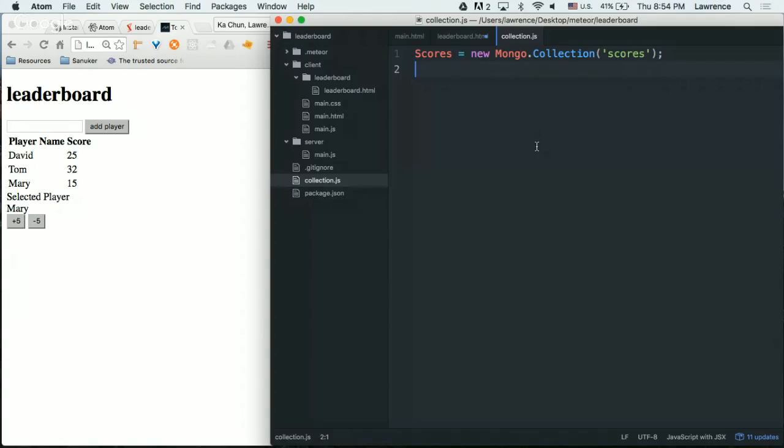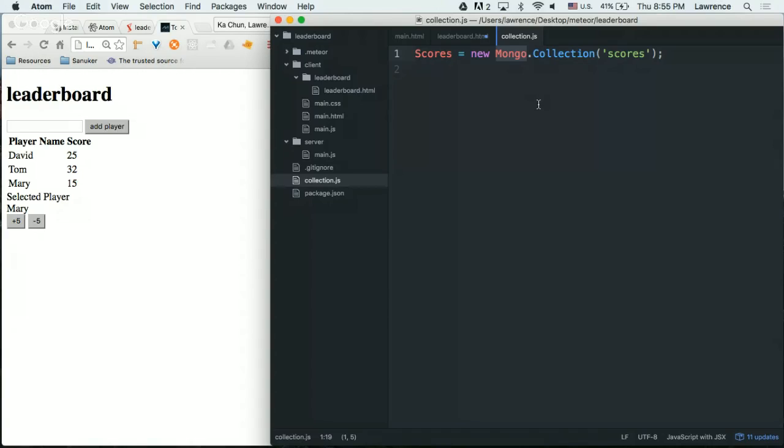This database is called MongoDB. So this is how it's spelled. It's not Mango. It's not another spelling. It's Mongo, M-O-N-G-O. MongoDB is a different type of database technology. Meteor uses this database. I won't go into the details of what is different between SQL and the Mongo database. The Mongo database is not called a SQL database. It's called a NoSQL database. And we call this type of NoSQL database a document-based database. A SQL database, normally we call it a relational database.